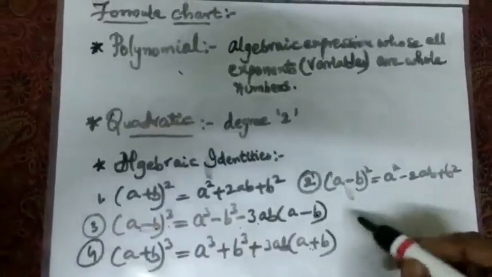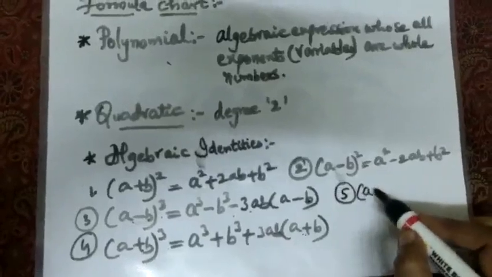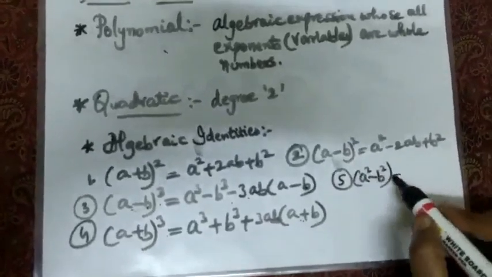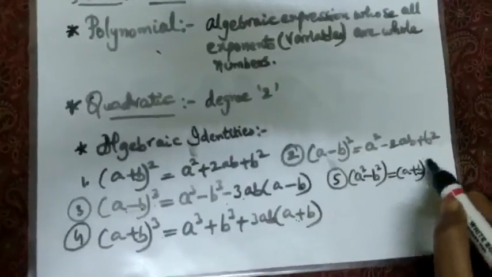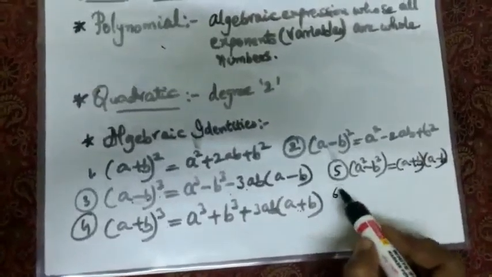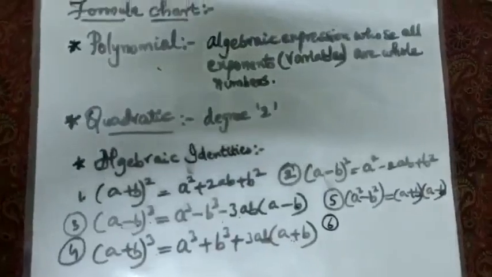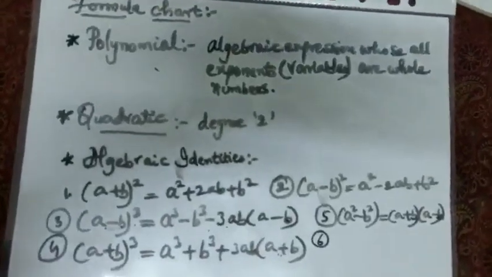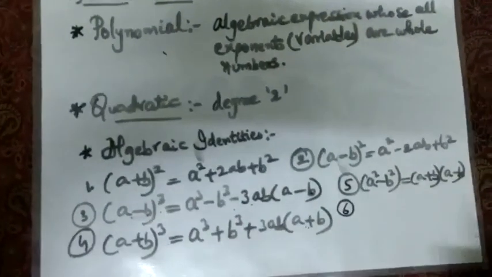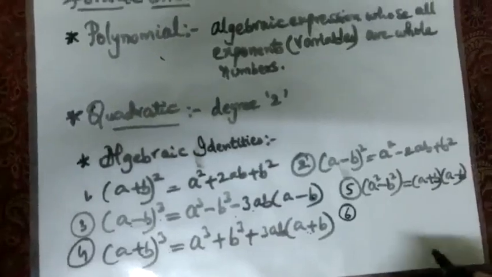Now after this, another formula is a square minus b square. a square minus b square is nothing but (a plus b) into (a minus b). I am writing all possible formulae. You can see there are some formulae which are being used in exercise and some which are not. I am giving you from the exam point of view, so that if any formula is used in the question, you should be in a condition to solve the problem easily.